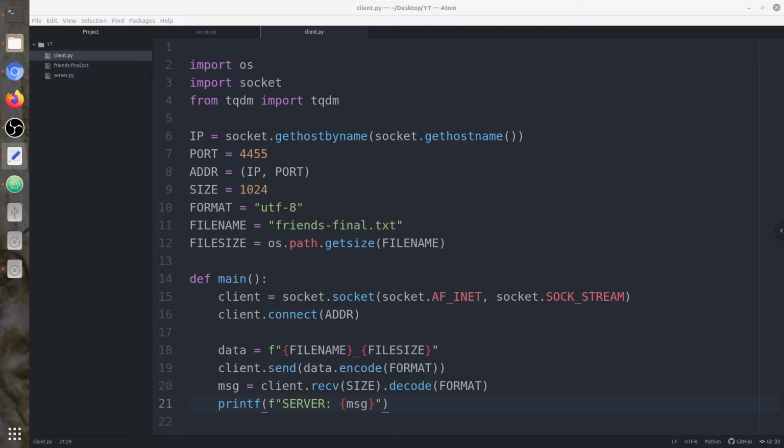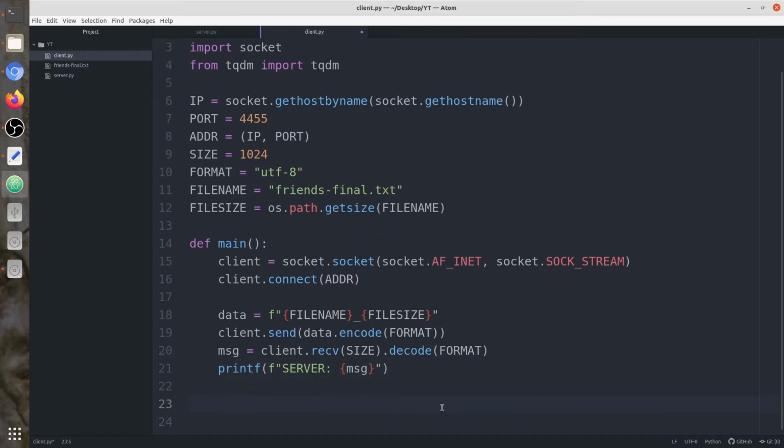So next we will use this tqdm function to create a progress bar. I'm going to say bar equals tqdm. First is the range, the file size. Next is the message.